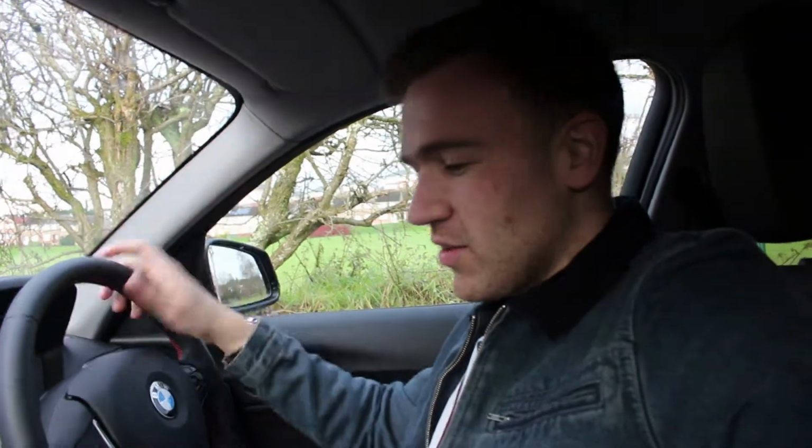Inside, you're kind of isolated from the world. It makes me miss my 1 Series even more, just because of the way it drives, the quality of the car. I didn't mention the sound system. You just feel a little bit more special in this car than, say, an everyday car. But anyway, that's my main reasons for recommending the 1 Series